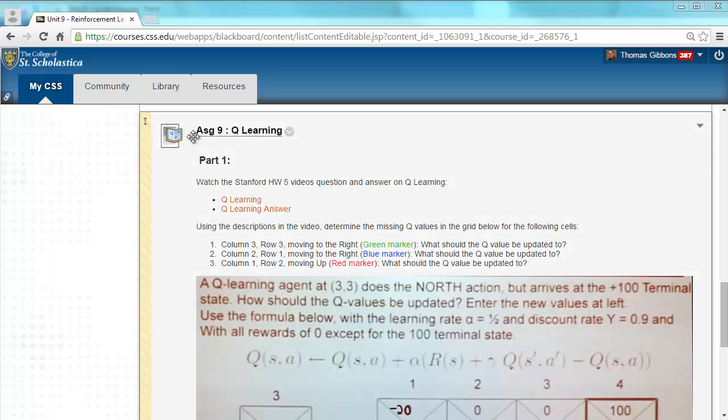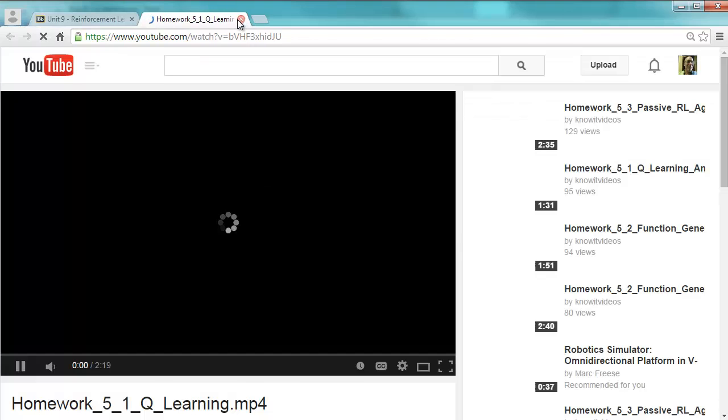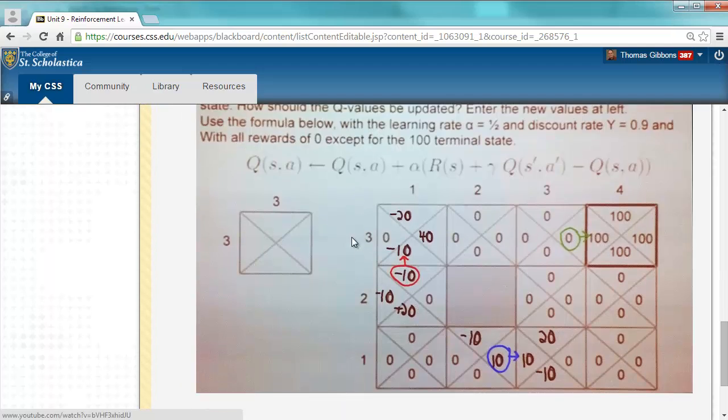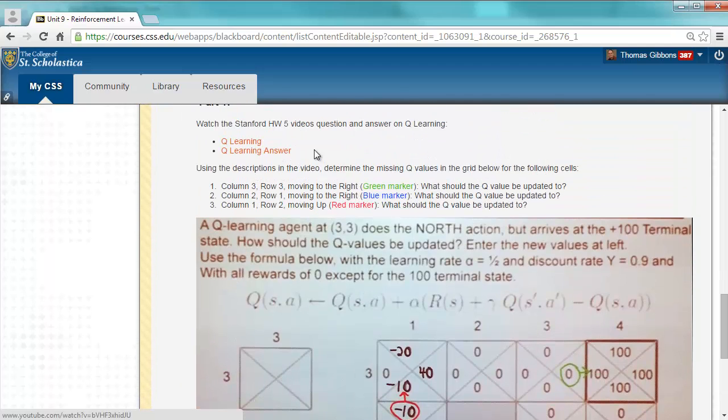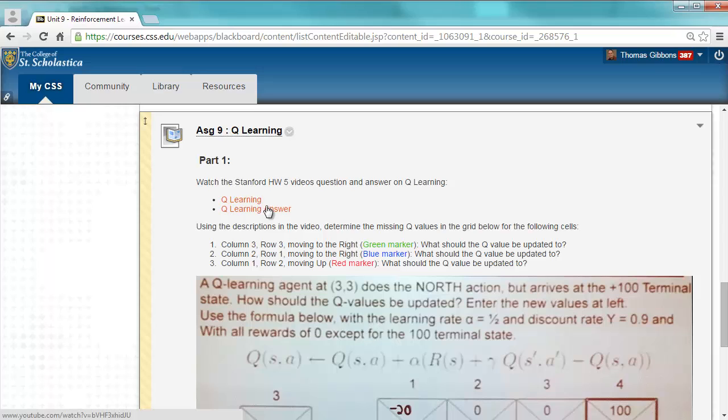I just want to walk you through this assignment 9 on Q learning. Now this assignment has two parts, part 1 here and part 2. So let's look at part 1 first. In part 1 there are two additional Stanford videos on Q learning on an exercise they do similar to this,